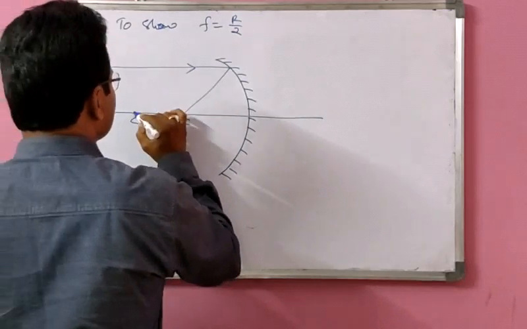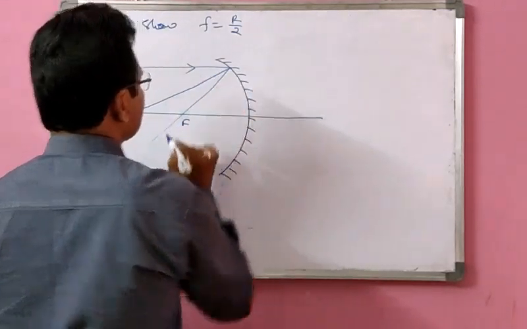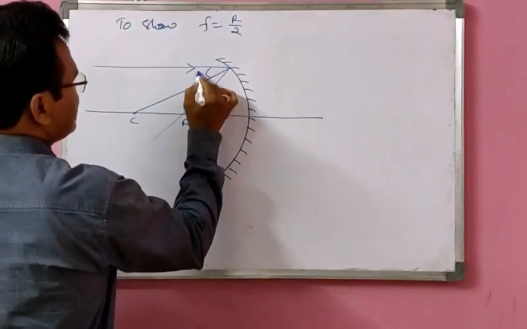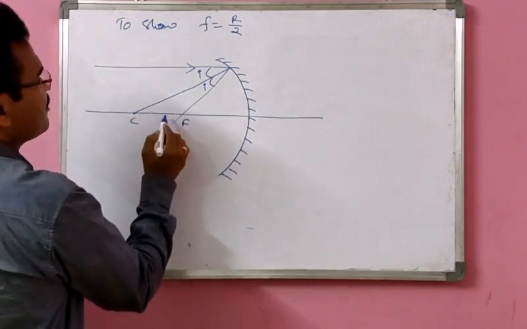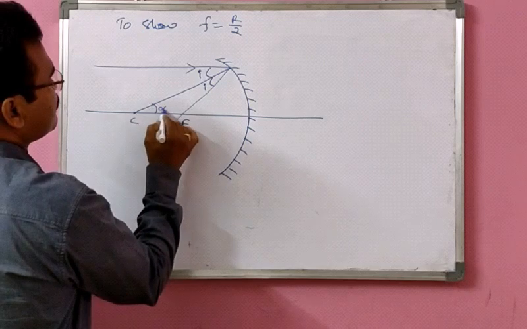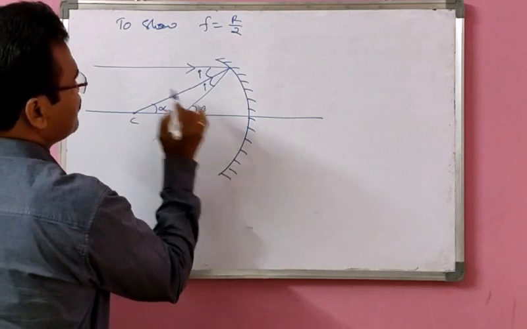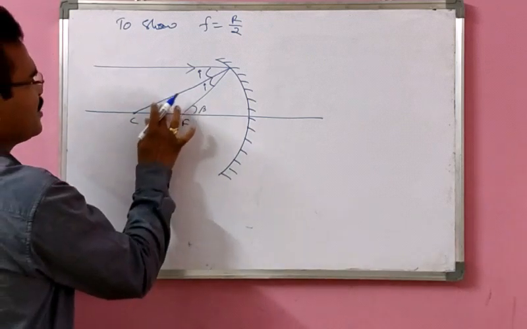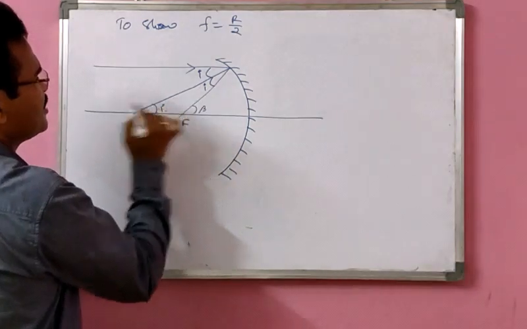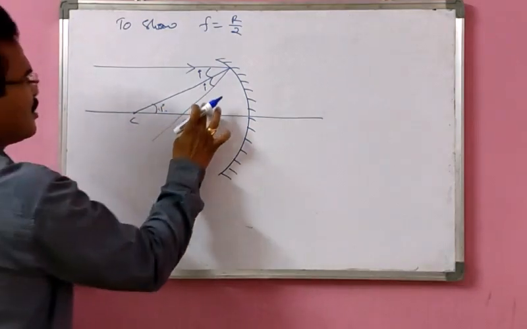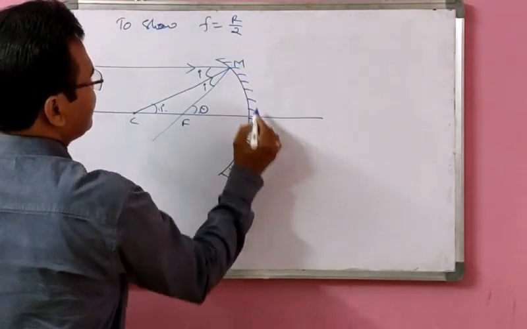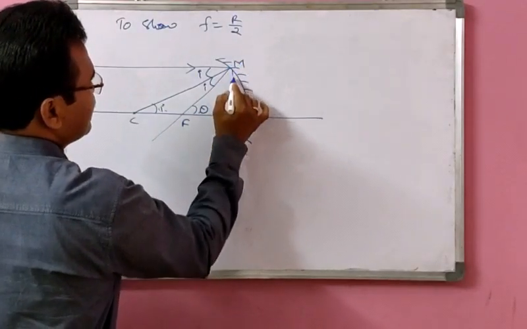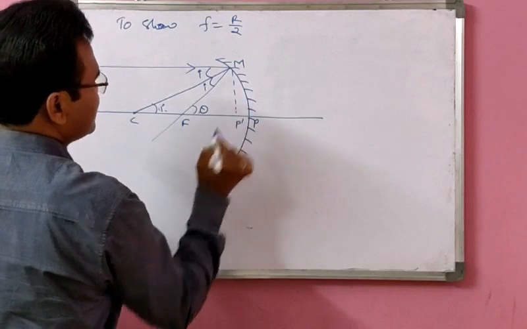And this is a center from where we can draw a normal to any point here. So this is i, this is also i here. This I am calling alpha, this I am calling beta, and alpha also becomes i, because this is i, this is also i here. So this I'm calling theta. This is M, and this is P. I'm dropping a perpendicular, P dash.